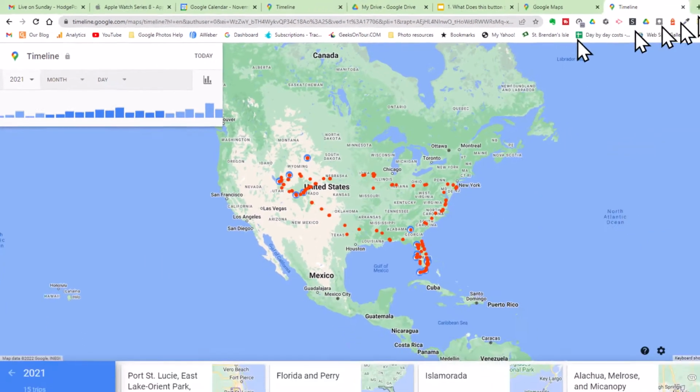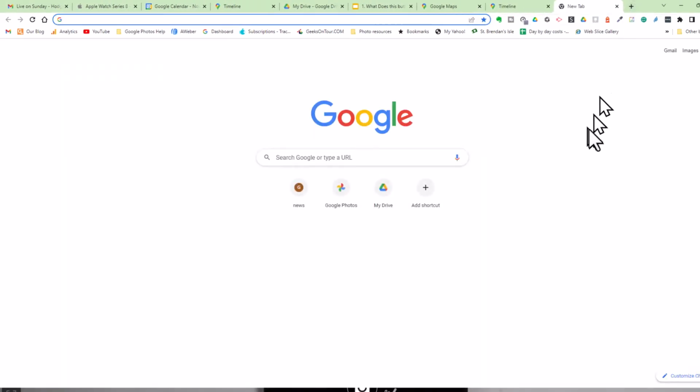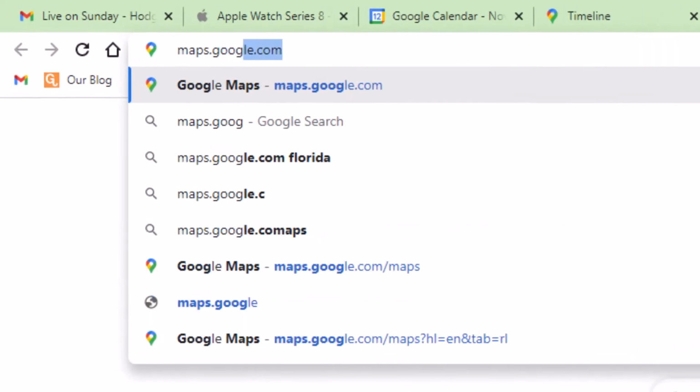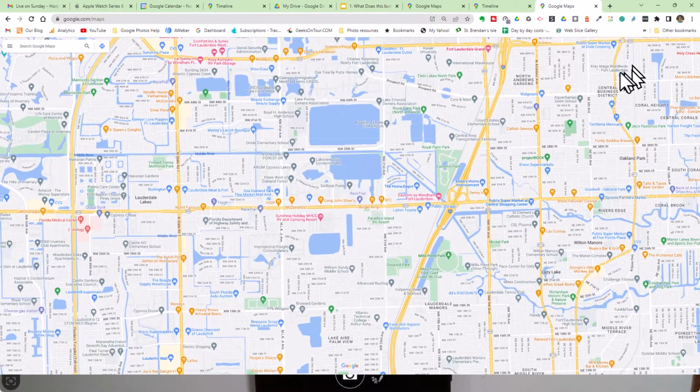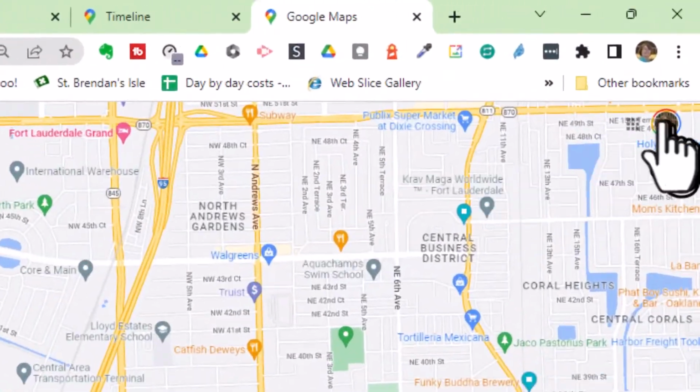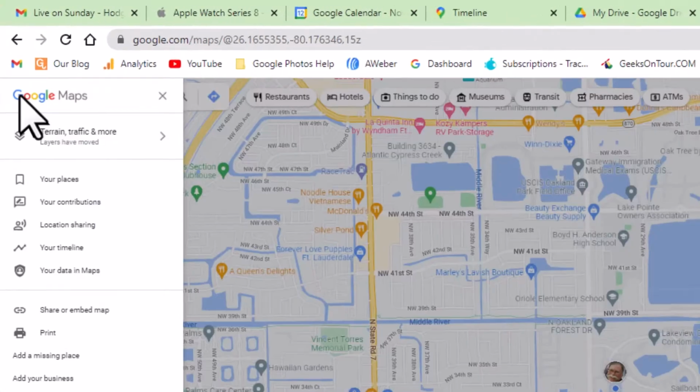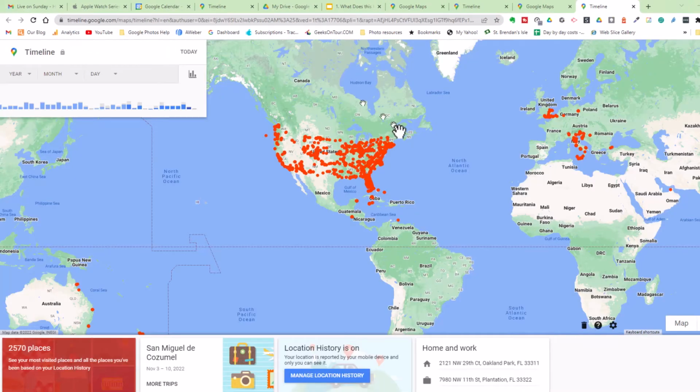Let me show you. You just need to be on a web browser and you go to maps.google.com. And you need to make sure that you are signed in with your Google account. That's where your location history is stored. If you click the three lines over on the left and then your timeline, that's how you get to this